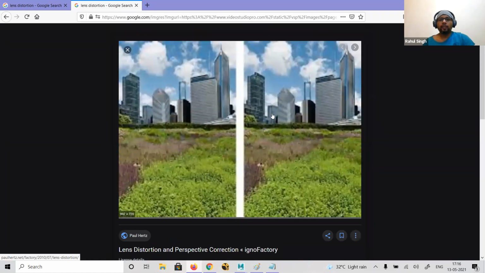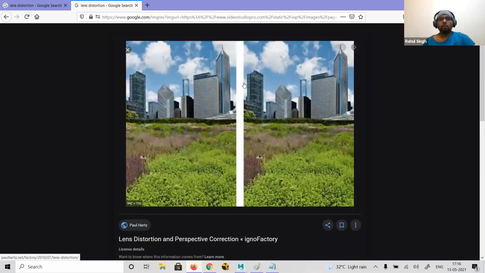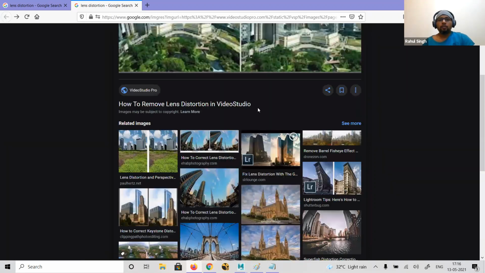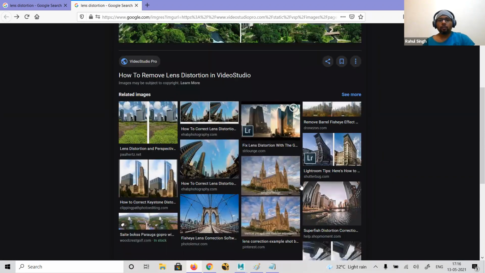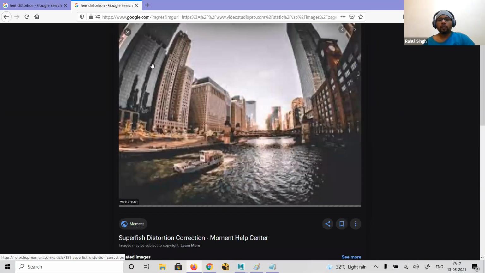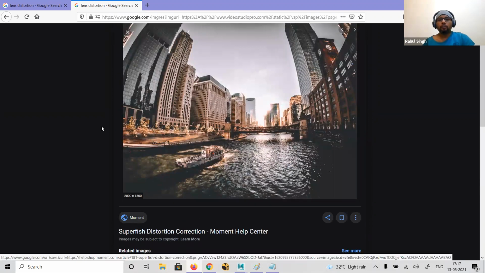If you see another image, you can see this. Okay, it looks very similar to the others, but again, you have a very fine type of lens distortion in there. So these are different types of lens distortion. This is one of the images. You can see this is a pin cushion type of lens distortion. Okay, so this is also there.